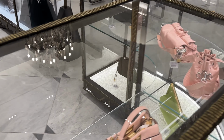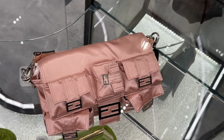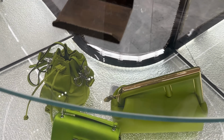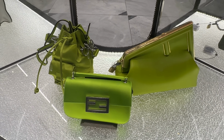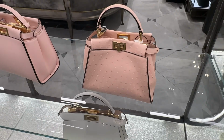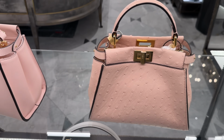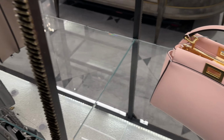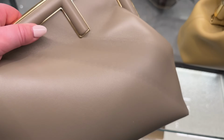And then I want to show you some of these nylon pieces. Got cargo pockets everywhere, which is super popular recently. And then look at this lime green color over here. Very fun color. They've got some of their peekaboo bags over here. This one is great in ostrich. They've got this really pretty little pink one. And over here they've got this Fendi First bag, this taupe one,